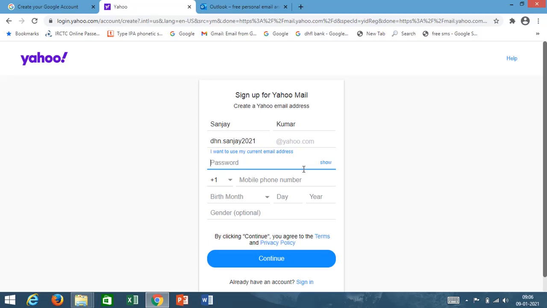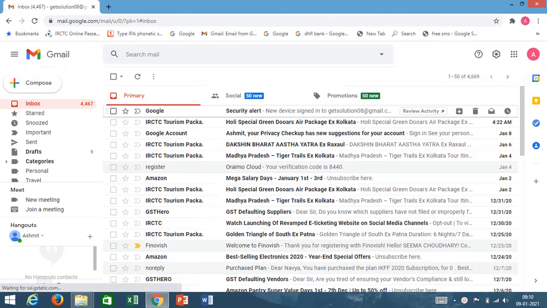You just go to the email service provider's website. You will get an option called create account. There you need to put the relevant details they are asking, and your email ID is created. Now students, when an email ID is created and you log in with your email ID and password, I am taking an example of gmail.com right now.